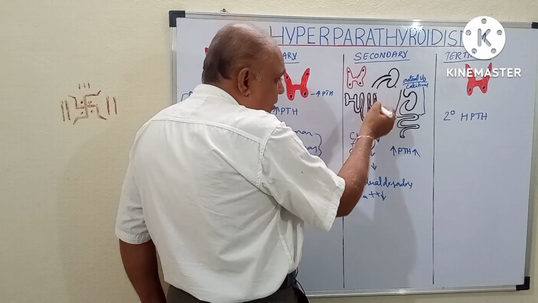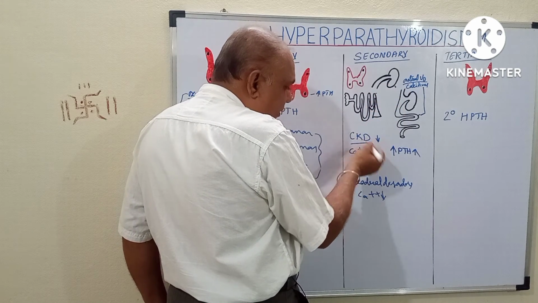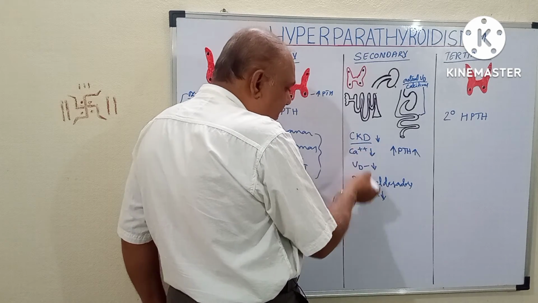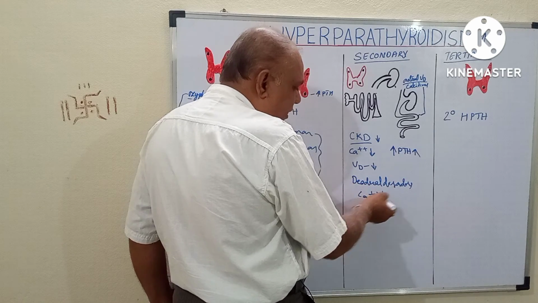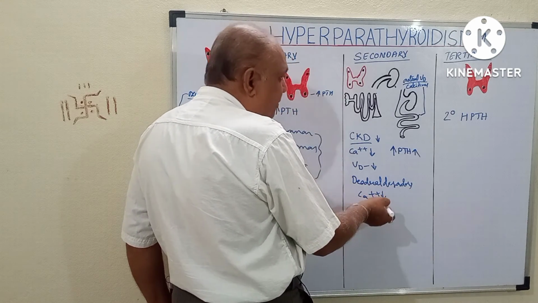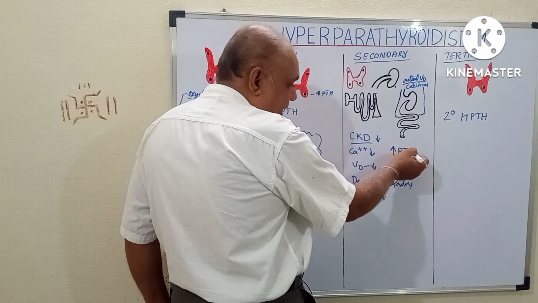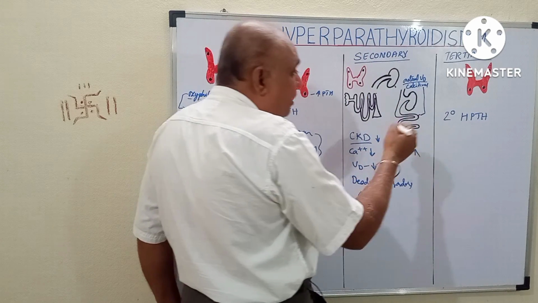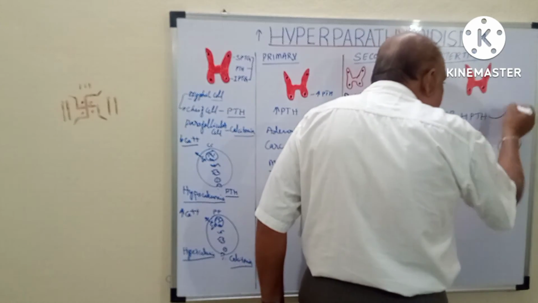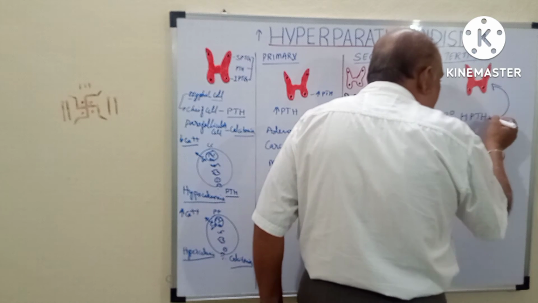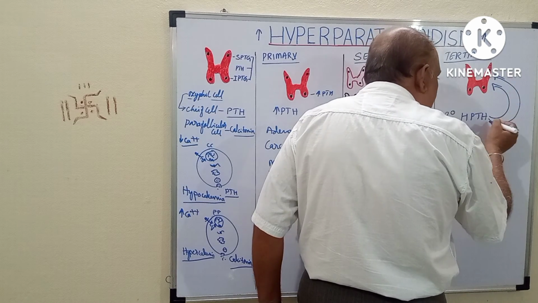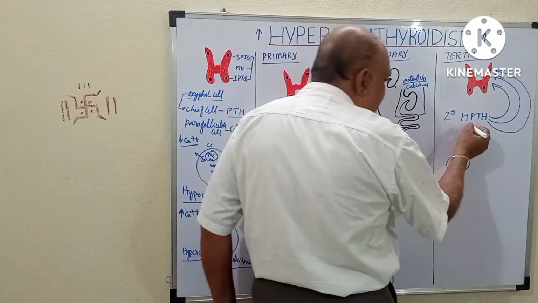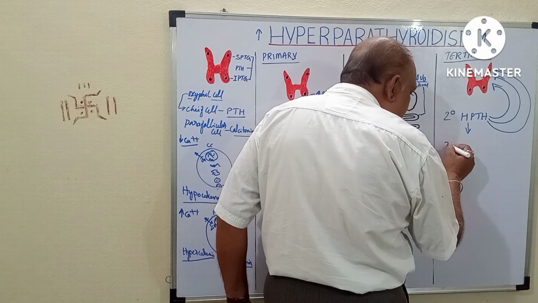Due to the non-functioning of the kidneys or chronic kidney disorder, the calcium levels or vitamin D levels have been reduced, or due to duodenal disorders the calcium level is reduced, which initiates the parathyroid hormone secretion, and that leads to secondary hyperparathyroidism. Now if this chain has continuously been stimulating the parathyroid glands for a very long time, then it gets converted into tertiary